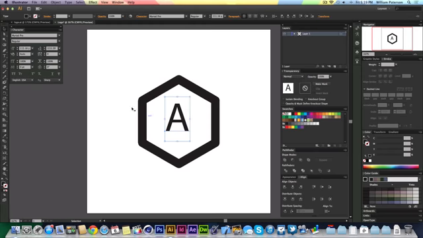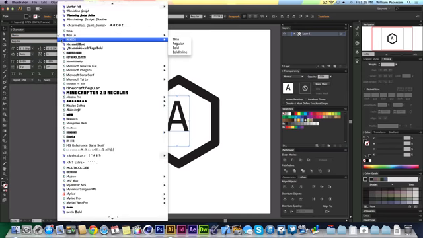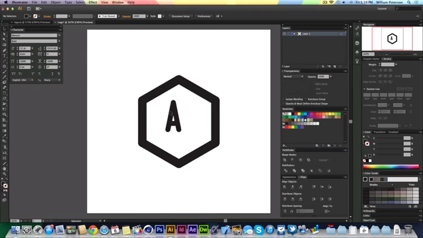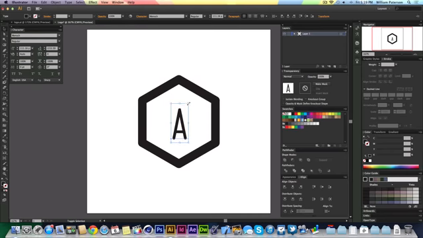I'm going to highlight my text, and then I'm going to choose Mensch. I think it's Mensch or something. I don't know how to pronounce it. I'm going to choose bold. No, I'm not. I'm going to choose regular for now. And then that looks good to me, I think. Then I'm just going to bring it up